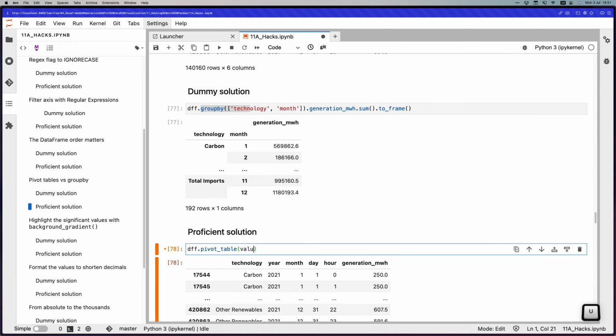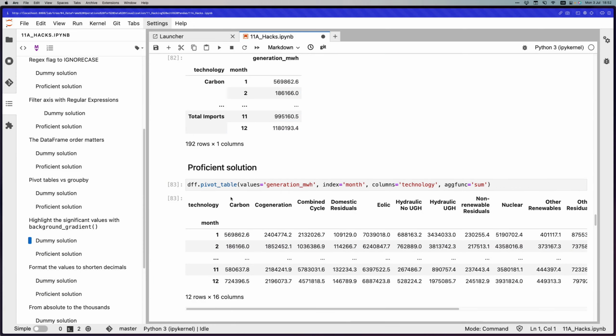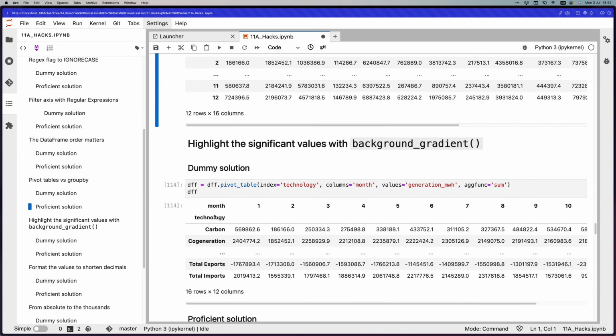So values equals the generation megawatts per hour, index equals the month, columns equals the technology, and the aggregation function will be the sum. We execute, and there we see a better result than the previous one. If we go to the following question, we will see that the dummy solution is to leave the table as it is,